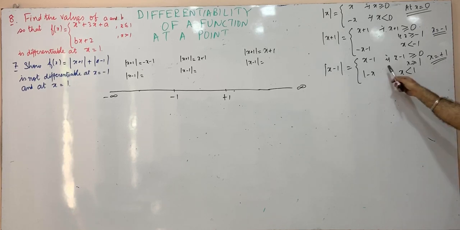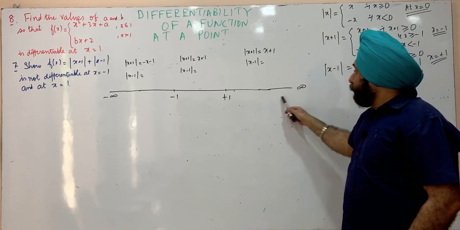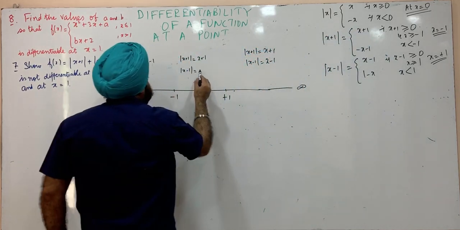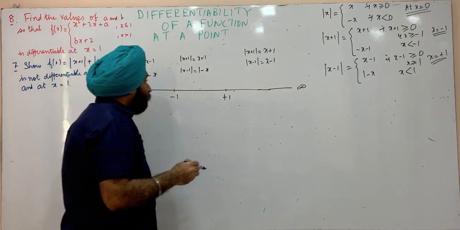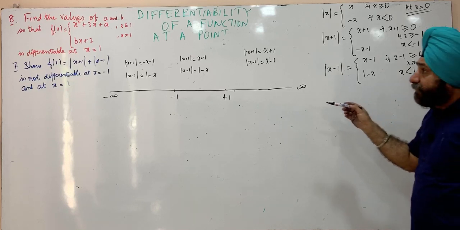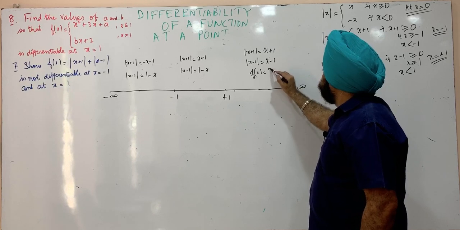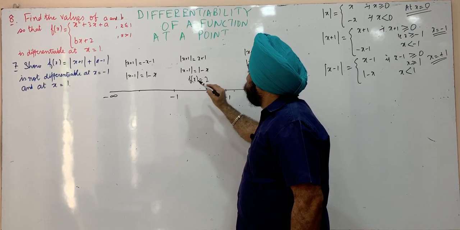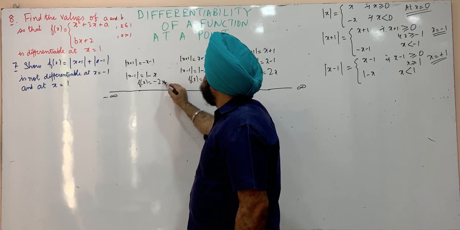Similarly, x equal to 1 is the critical point for mod of x minus 1. So this is the point on the number line. To the right of this, it's the expression with positive sign. Left of this will be 1 minus x. So we can find out now f of x. F of x is sum of this and this. So it's this plus this, it's 2x; in the middle, f of x is the sum of these two, this will be 2; and on the left, f of x is minus 2x.